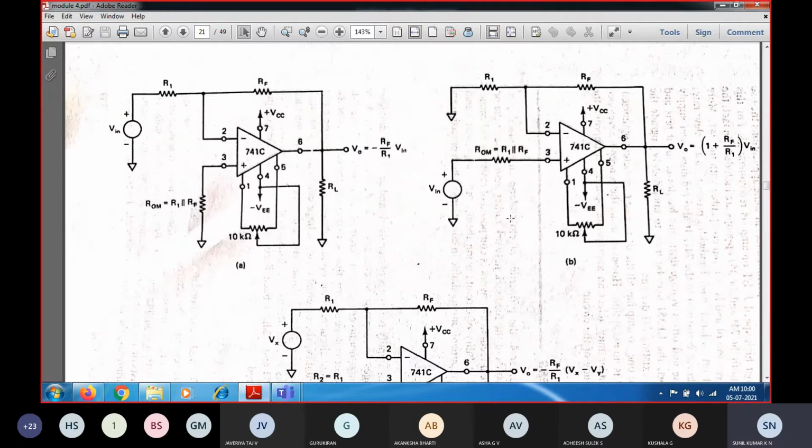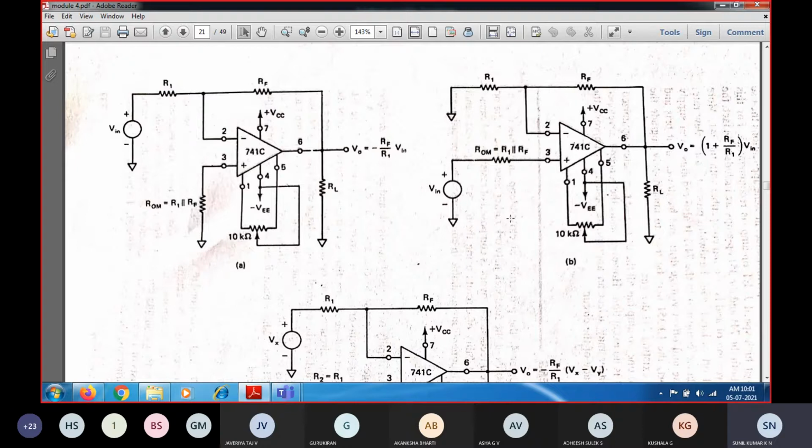In order to nullify the offset voltage as well as the offset current, we know that they are the unwanted voltage and the unwanted current. When you look at the output, we need the actual output instead of a biased output. That biased output is nothing but the unwanted output voltage, which is called the offset voltage. So the output you get will not be a proper, precision output.